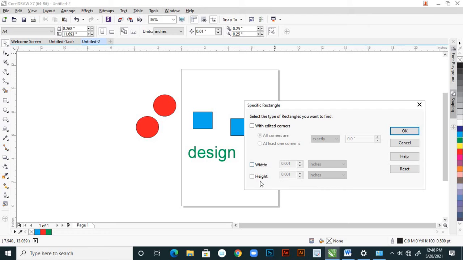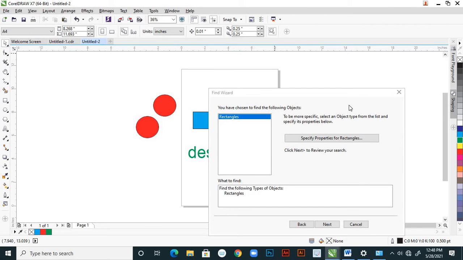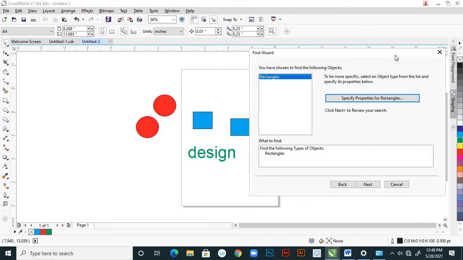Suppose you specify a particular width or height, then it can be found automatically. Here I'm giving only the square. Say OK. And next, find the following types of object: rectangles.